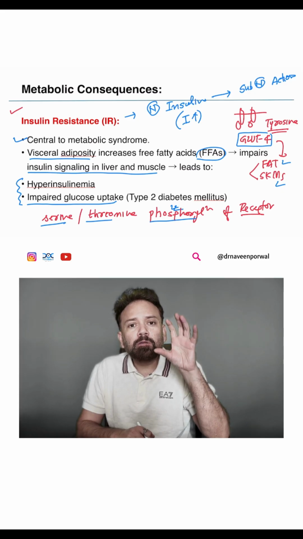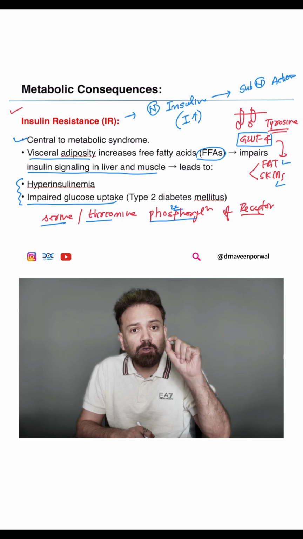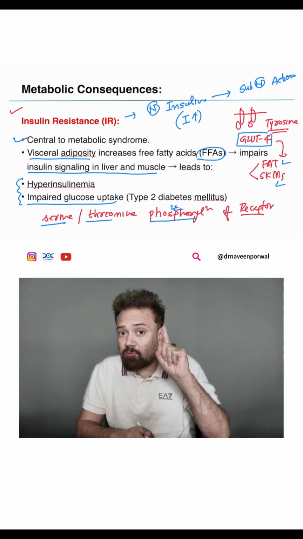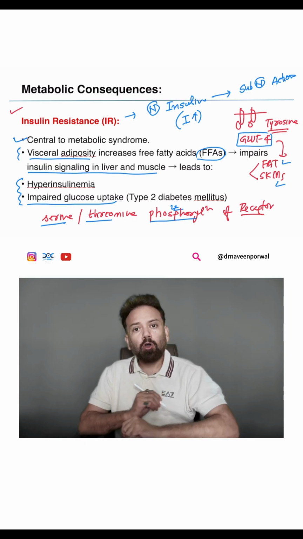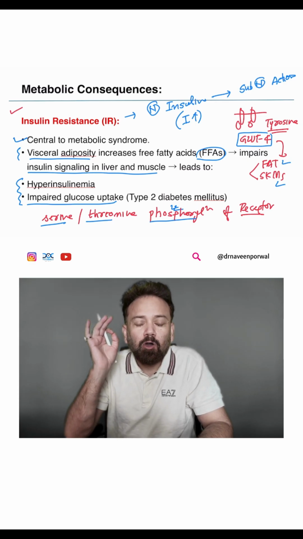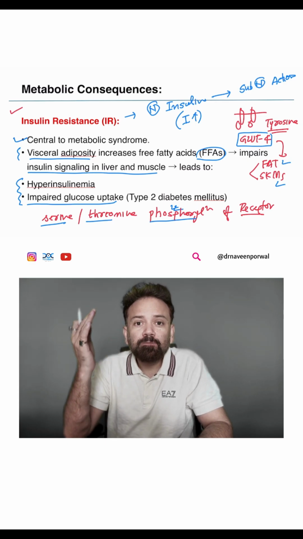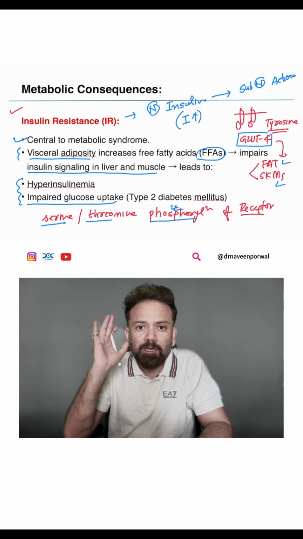When proper functioning of insulin is not there because of the receptor. What is wrong with the receptor? Now, insulin is not phosphorylating at the level of tyrosine, but it is causing phosphorylation at the level of serine and threonine. Why? Because of central obesity or visceral obesity. So the most dangerous thing of being obese is insulin resistance. It will cause hyperinsulinemia and a lot of things. You will need this in medicine a lot.